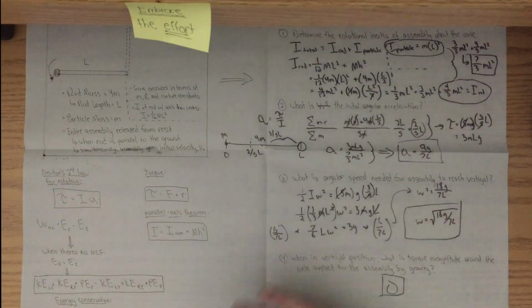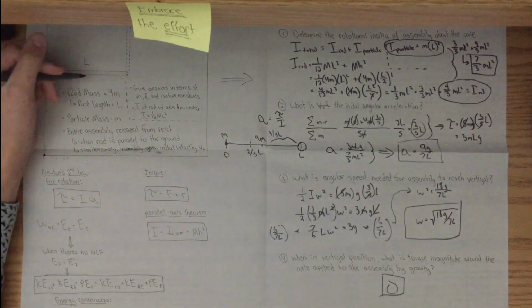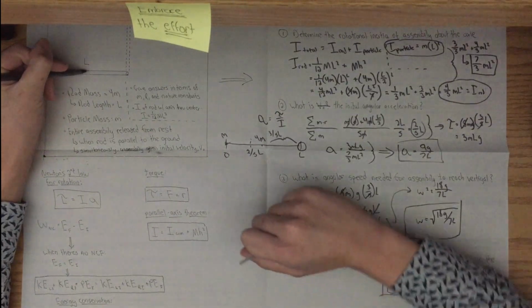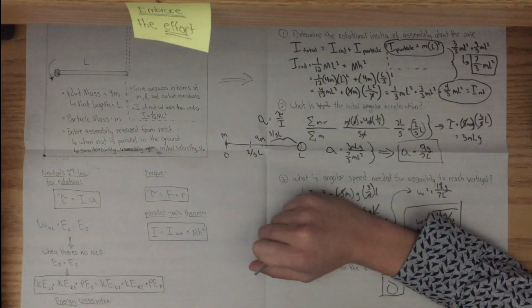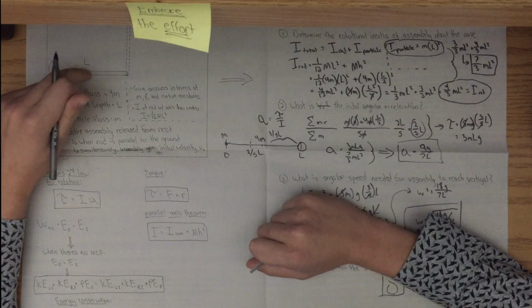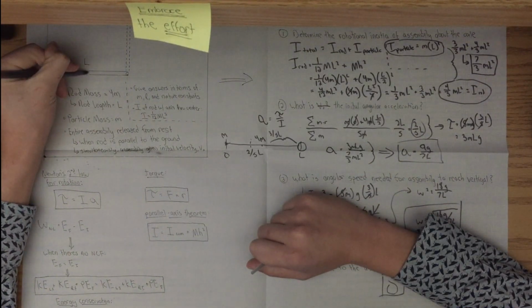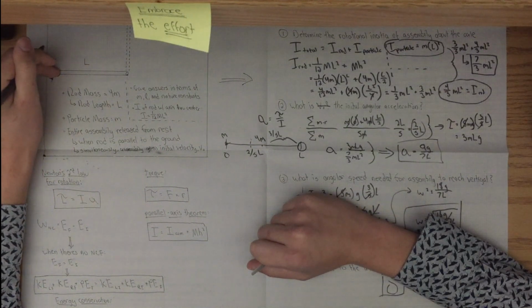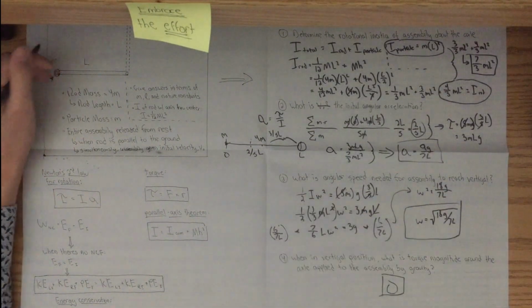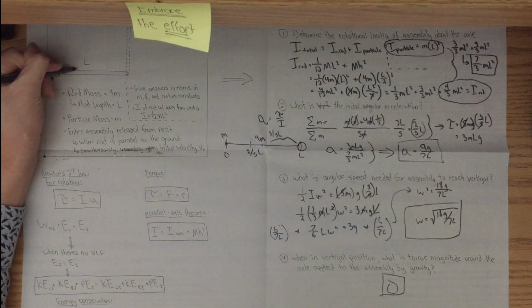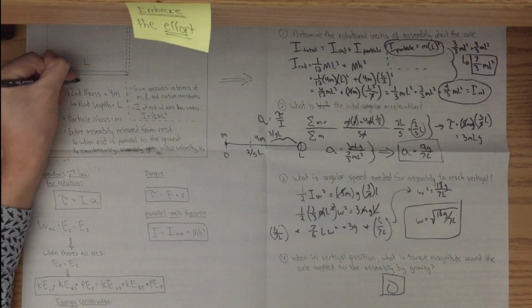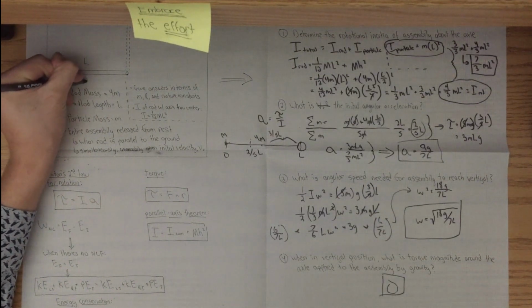So here, what forces are we worried about? Well, we're just worried about gravity. And where is gravity being applied to a rod? It's being applied at its center of mass. And where is that center of mass? It's not going to be right here. It would be if there was no particle attached at the end. But since there is a particle, it's going to be offset, and it's going to be somewhere here. And that's where our force of gravity